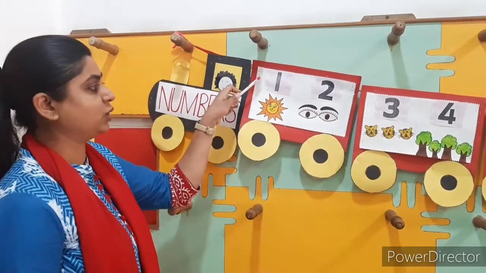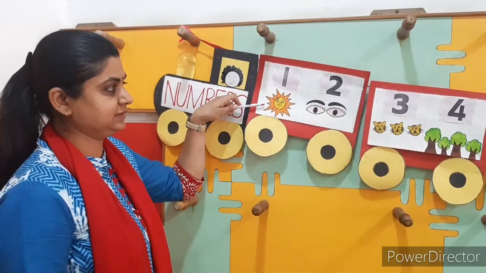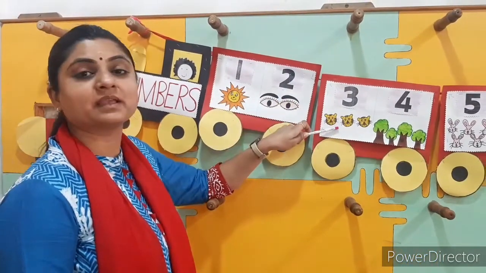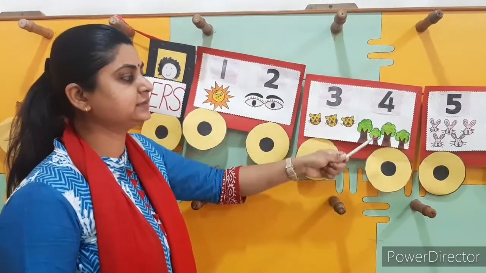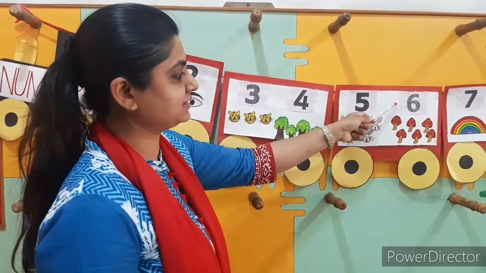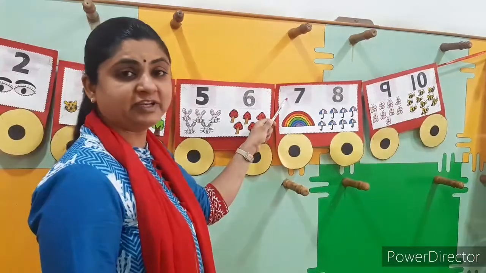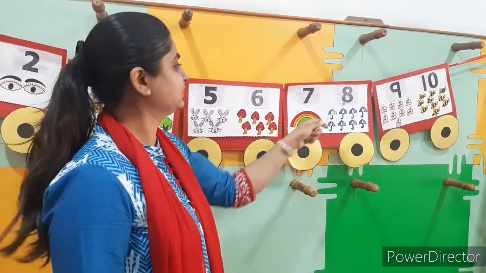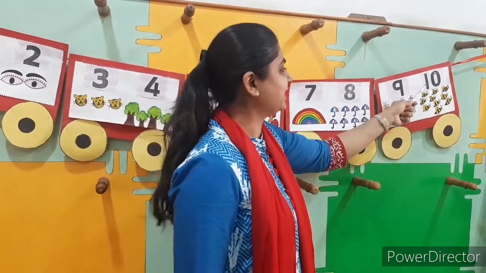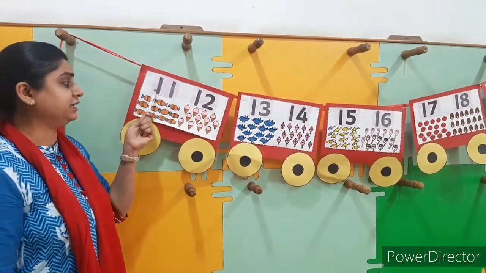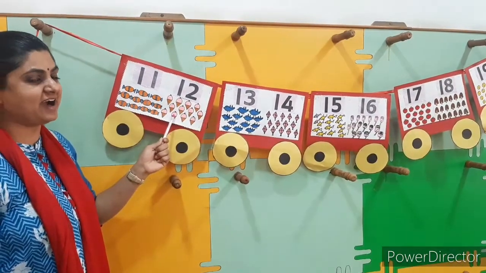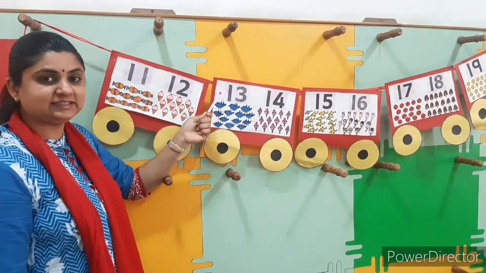Here we have 1 sun, 2 eyes, 3 cats, 4 trees, 5 rabbits, 6 mushrooms, 7 colors of rainbow, 8 umbrellas, 9 butterflies, 10 honeybees, 11 chocolates, 12 yummy ice creams, 13 birds,